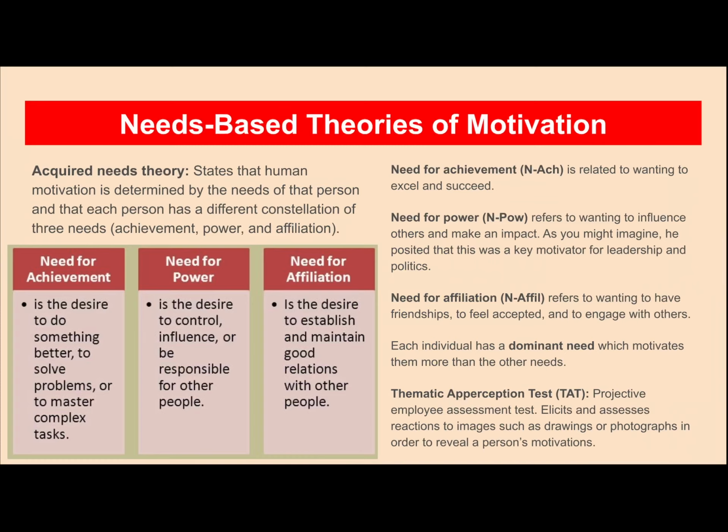So it's saying that it's not in a certain order, that these three needs are all important, but everybody has a dominant one. Almost like the personality tests, right? We all have a little bit of everything, but we could have a high score, something that dominates. And the three different